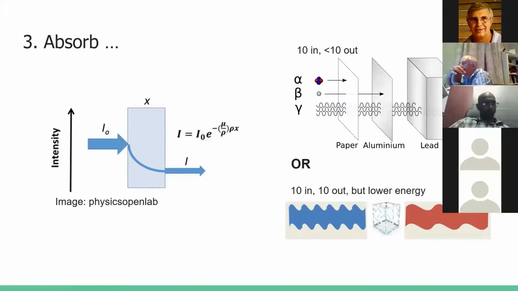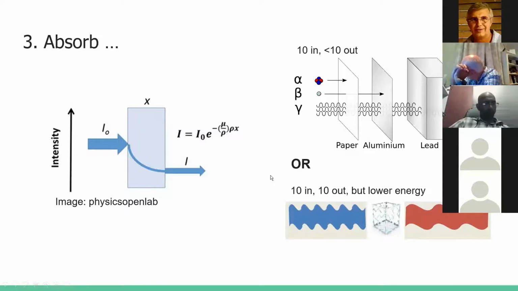I do need to make one clarification here, which will suit our needs. There are 2 possibilities of absorption. I call the one 10 in, 10 in less than 10 out. In other words, some of the photons are completely absorbed. This would be typical in maybe an X-ray, where some photons are absorbed into your bones, the rest are let through, and you're able to make an image. But the point to take here is that not all the photons make it out the other side.